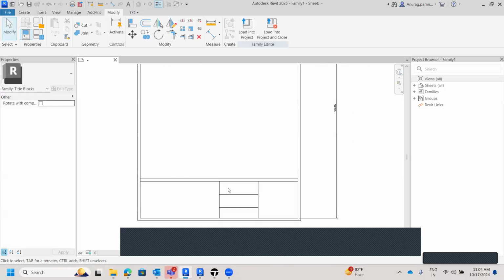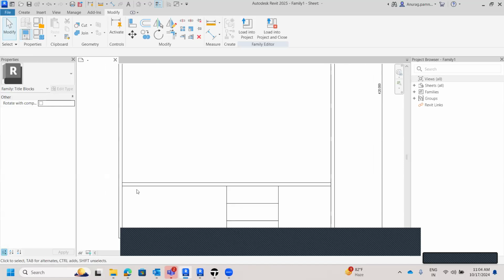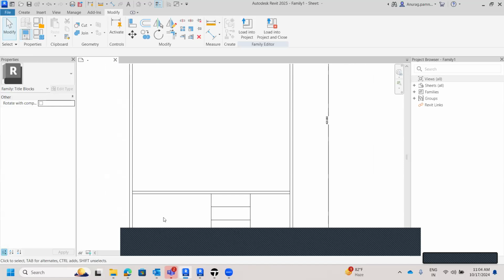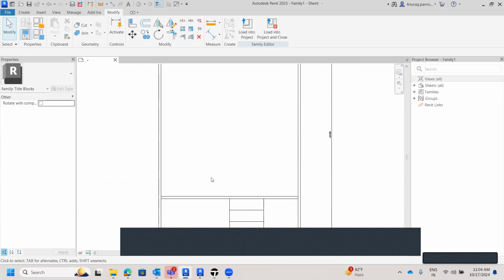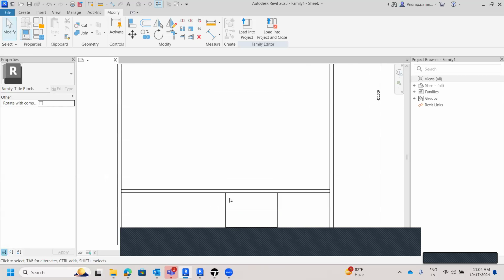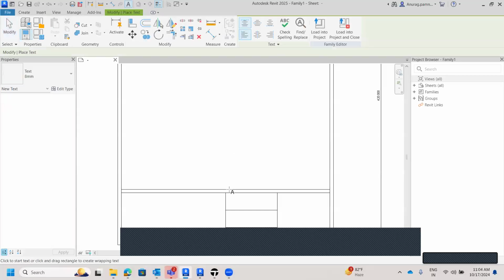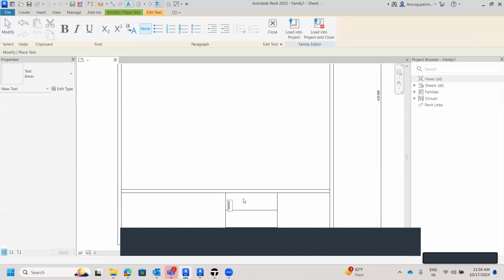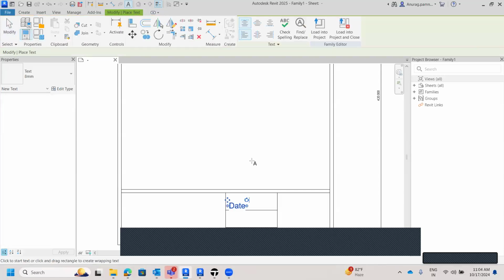राइट। यहाँ मेरा लोगो आ जाएगा, यहाँ पे सर्टेन अदर फैक्टर्स आ जाएंगे, यहाँ कुछ प्रोजेक्ट नेम आ सकता है, समथिंग लाइक दैट। तो ये सब चीजें आपको एसोसिएट करनी है, एंड हाउ यू आर गोइंग टू एसोसिएट इट। जस्ट फॉर एन एग्जांपल, आई एम राइटिंग डेट ओवर हियर, ठीक है। सो डेट हर शीट में मेंशन रहेगी, बट डेट चेंज होती रहेगी। तो जो भी फैक्टर चेंज होगा, वेरिएबल होगा, वो लेबल से आएगा, और जो भी चीजें फिक्स रहेंगी वो आपके टेक्स्ट से आएंगी। सो फर्स्ट तो मैं टेक्स्ट लिख देता हूँ कि यहाँ पे मैं डेट की बात कर रहा हूँ।